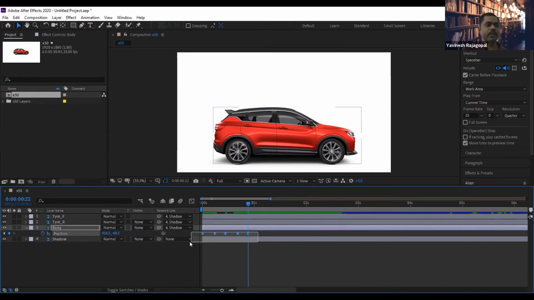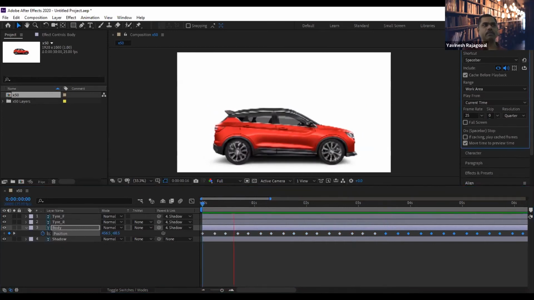I highlight everything, Control C, Control V. And then I click this arrow again. Go to last keyframe. Highlight everything. Control C, Control V. Highlight everything. Control C. Make sure you put your time indicator at the end. Paste. Then I try to play back this. Can you see that? Then it stops jumping because we haven't